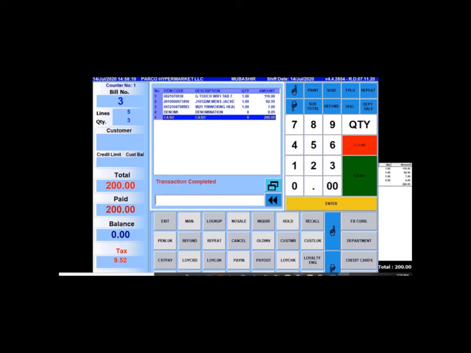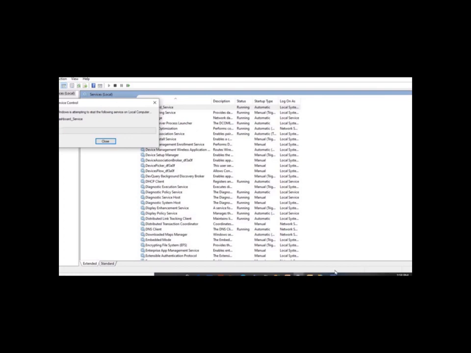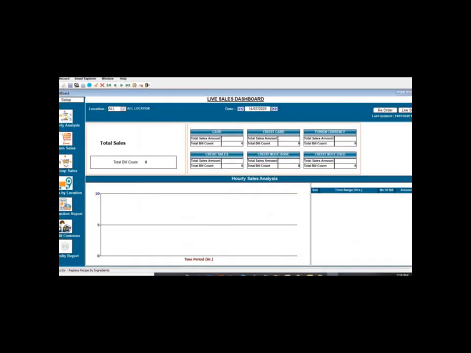So for immediate sale reflection, I will restart the service. Otherwise you need to wait for 15 minutes since my setup is 900,000. See, the sale amount has reflected over here. This is how it works. Thank you.